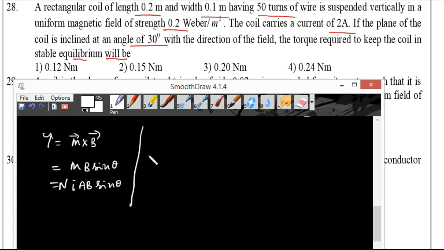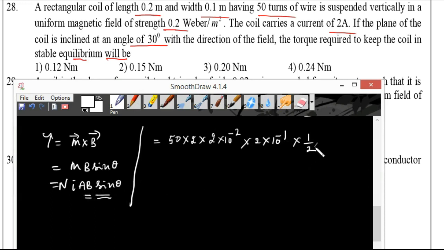Now here N is number of turns, 50. So 50 into current is 2 ampere into area is 0.2 into 0.1, that is 2 × 10 power minus 2 into B is 0.2, so 2 × 10 power minus 1, and sin theta, sin 30 is 1 by